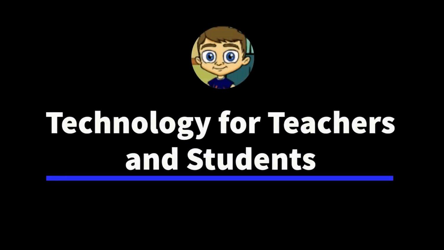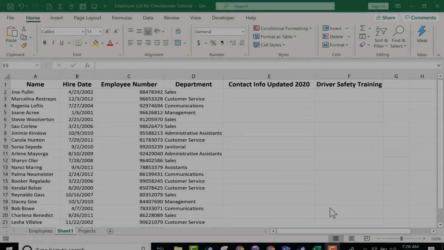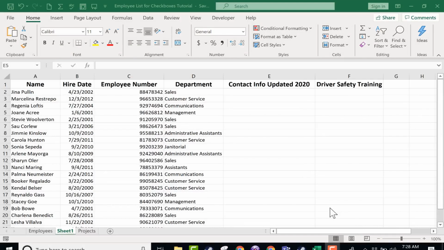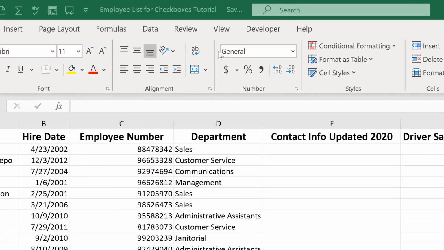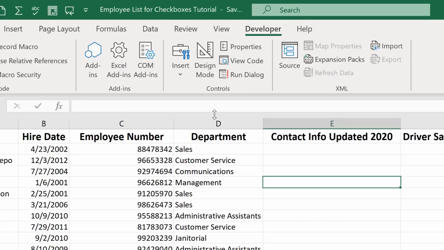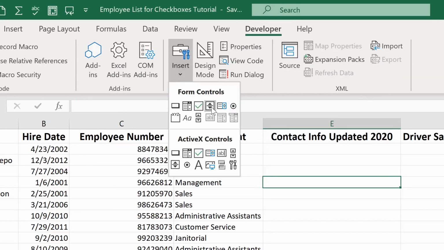In this tutorial, I'm going to show you one way to add checkboxes into your Excel spreadsheet, and we'll look at how that can be useful to you. In a previous video, I showed you how to use a form control here on the Developer tab in the Controls group. You can insert form controls, and I showed you an example of one of those. There was a lot of interest in that video, and so I promised to make another form control video, and